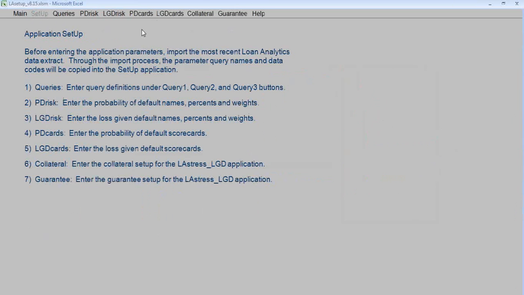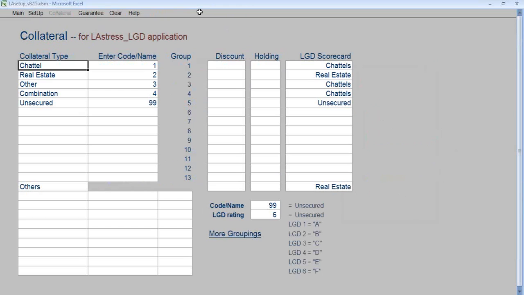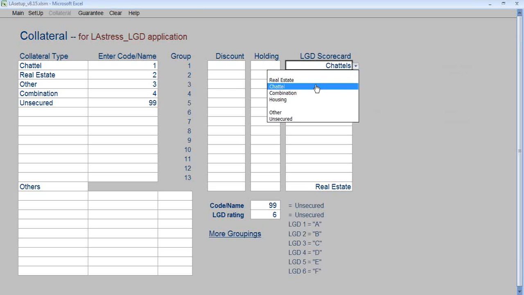Setup. Collateral. Collateral information is exported to the LA Stress LGD application. You can enter your collateral type, corresponding collateral codes. You can enter a discount off the collateral value, a distressed sales allowance. You can enter a holding period in months, and you would select the scorecard that will be used for each of the